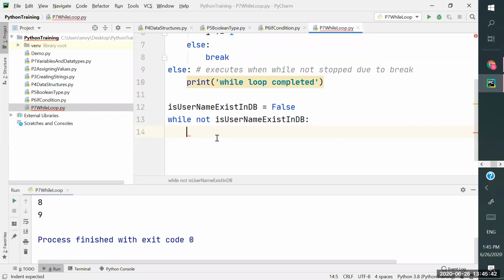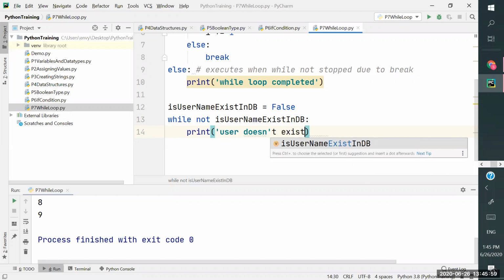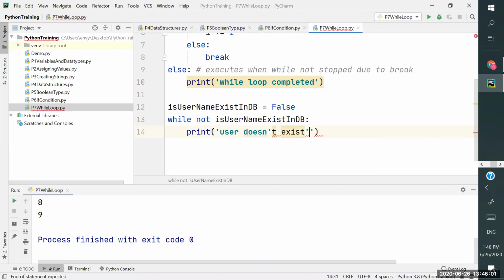Now what I'll do, I will specify here print "User doesn't exist". Okay, I will specify that. Oh, what is the problem here? I'm using this, so what do I have to do? I need to start this with double quotes.